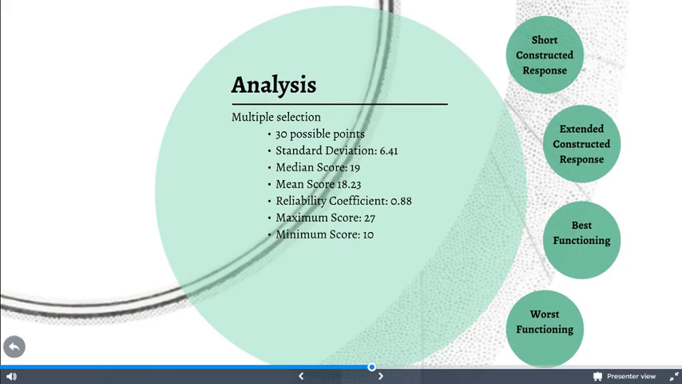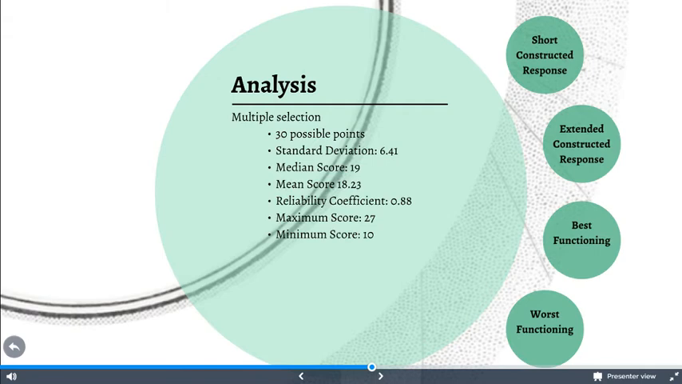So in terms of analysis for our test, we really broke it down into the multiple choice sections and then the extended constructed response and the short constructed response. In terms of our multiple choice selections, we had 30 possible points that students could earn. And out of that, the maximum score we were able to see from our students was 27, and the minimum score was 10. So the mean score for our students was 18.23. The median was 19. And we had a standard deviation of